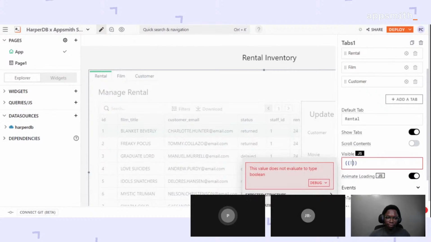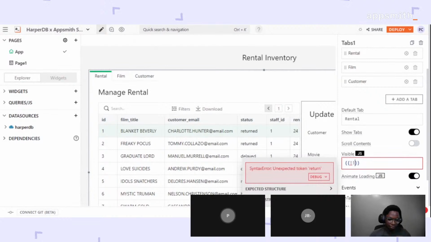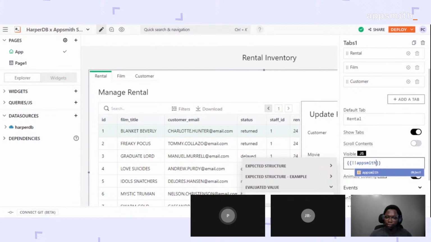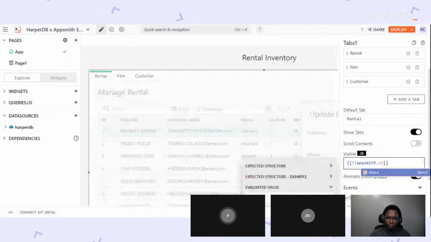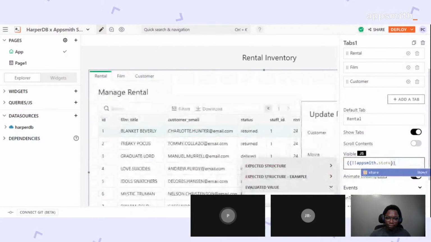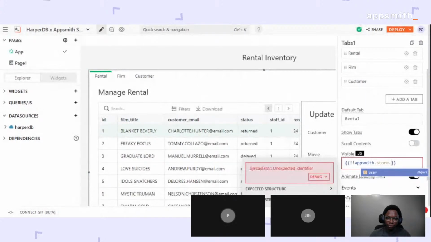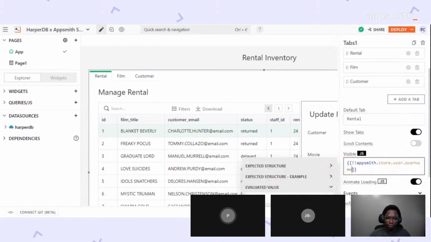So what I want to say is, if I call Appsmith dot store, it allows me access to the local storage. And if you recall, we stored some things in there. We stored the token and the username inside of there. And now I can say user dot username, so if what I have in there is not equals to